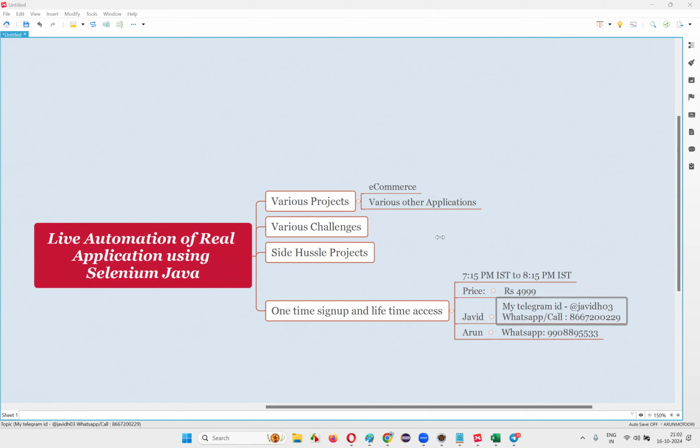Yes, for this you need to have prior knowledge of Selenium Java. If you don't have the Selenium Java knowledge or any other knowledge, it's better to enroll in my training group and attend this parallelly if you want. So, it is clear now. You have to enroll in both of my sessions, both of my batches. This is the real time automation, live application automation batch, which is a separate thing, and the training batch is separate. Maybe I'll try to make it easy, but still, it's better to attend the training. I'm not saying that it will be like Chinese language or something. It will be easy only, and if you have any doubts, I can clear them. But ultimately, if you have some knowledge, that is better.